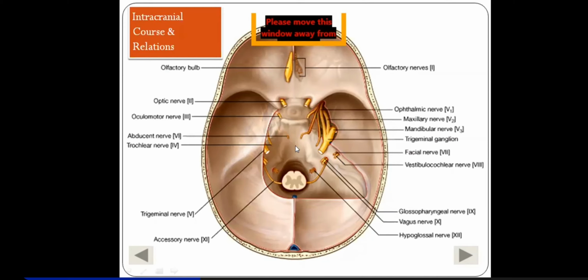Because the pons is resting here on the clivus, right? The pons is also a content of the posterior cranial fossa. So it has a very short intracranial course. It arises and soon moves forwards and laterally in the cisterna pontis and reaches this internal acoustic meatus, where it enters along with the eighth cranial nerve.